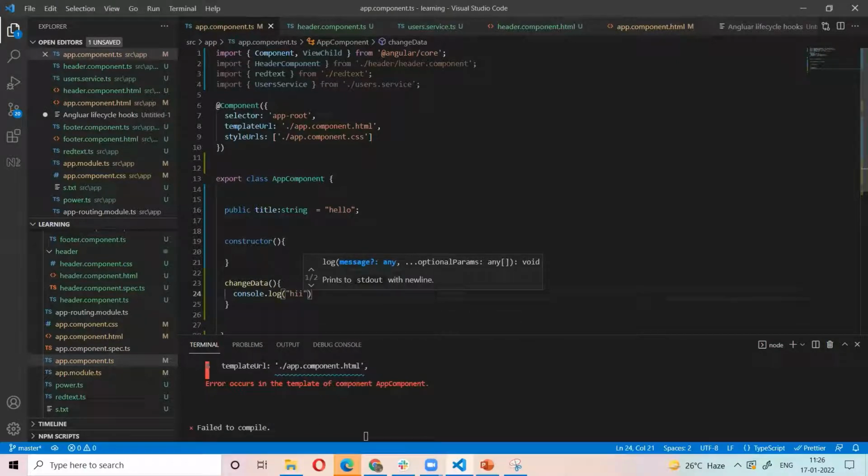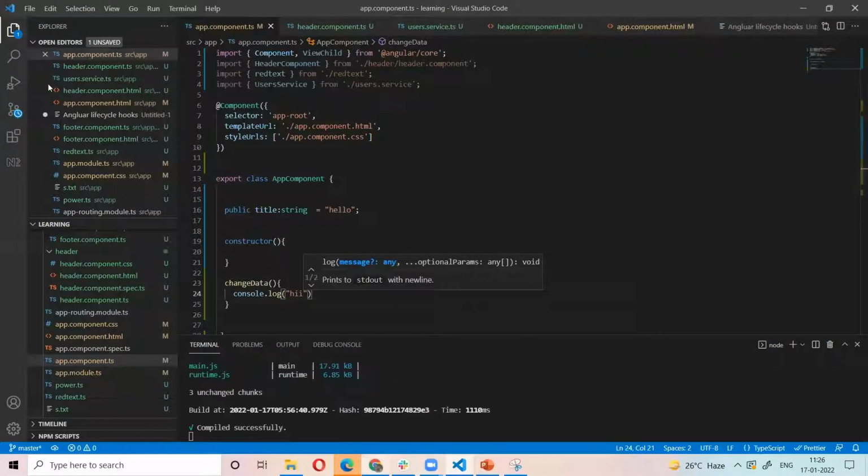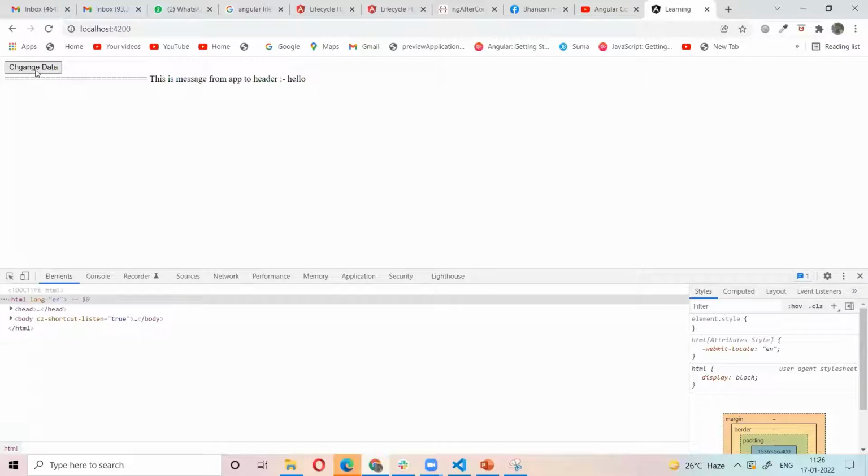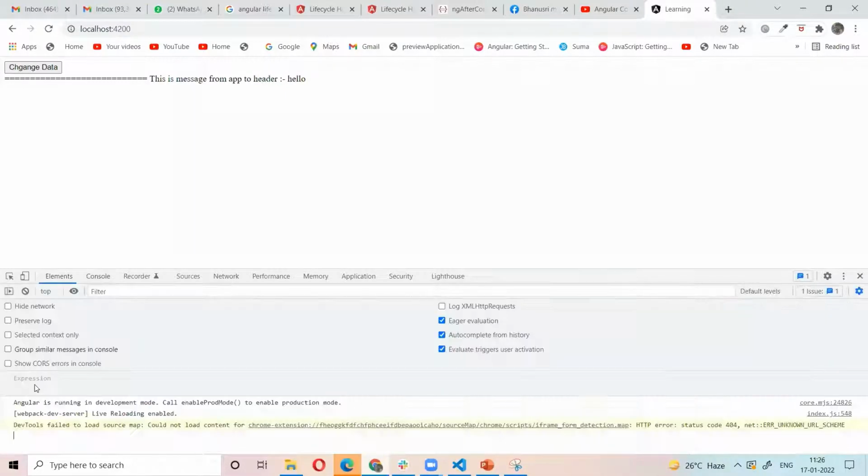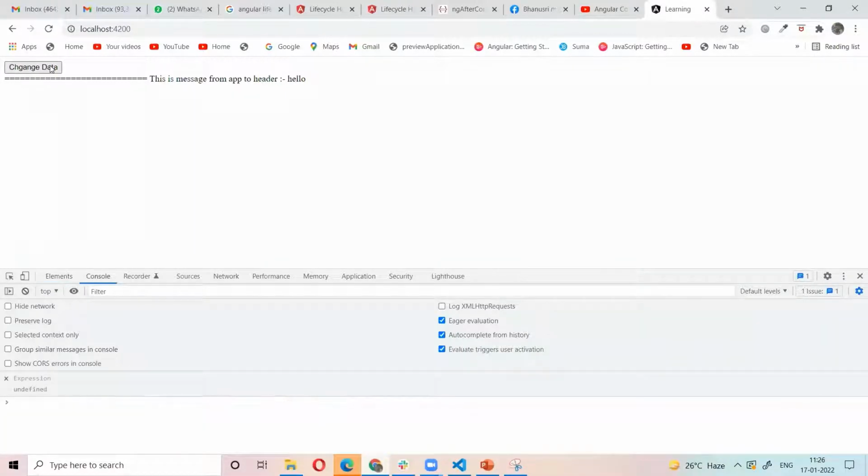So what I did is, in the app component, I wrote a button. When I click the button, I get the console log.